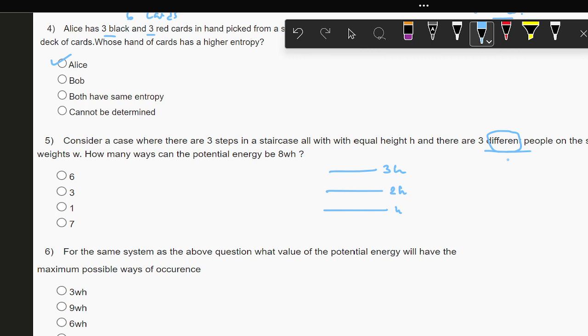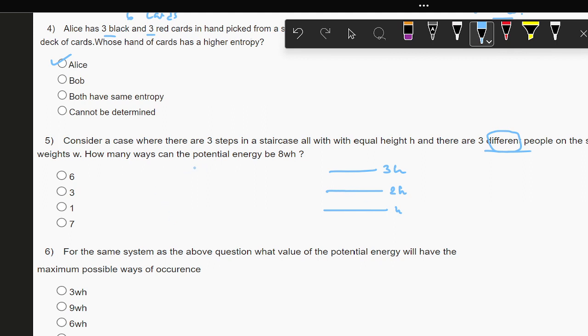So in this case you are given particles, or in terms of people, items which are distinguishable. That means they can be differentiated from one another. That is a very important and interesting piece of information, because that changes the solution of the problem in some ways. We'll look at how. And then 3 people are given who can stand in those steps in any pattern possible, but